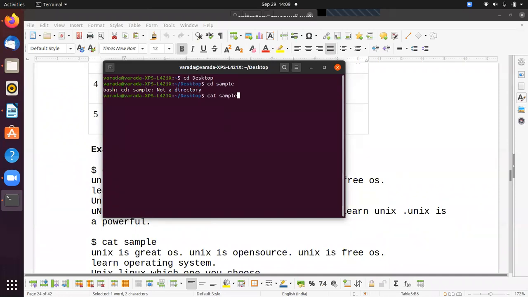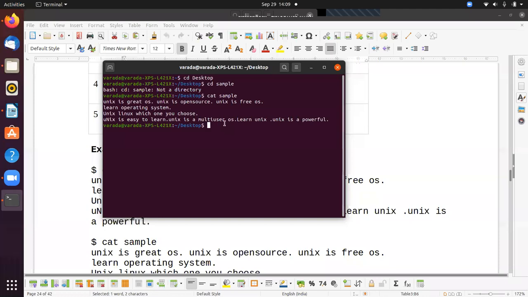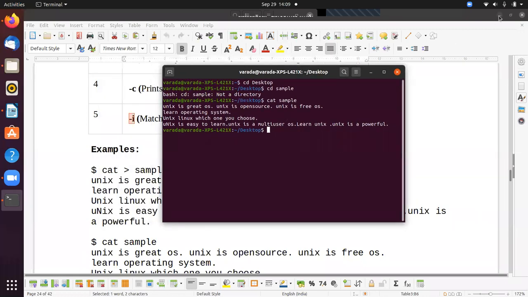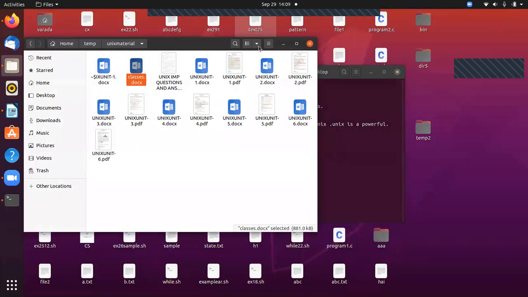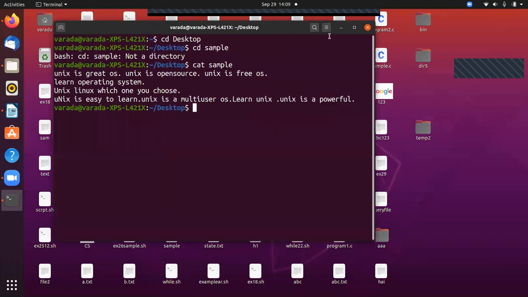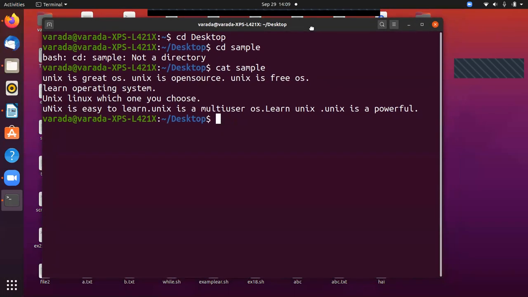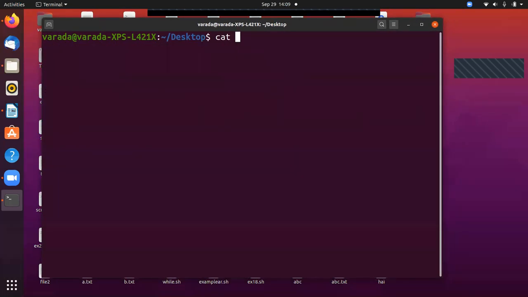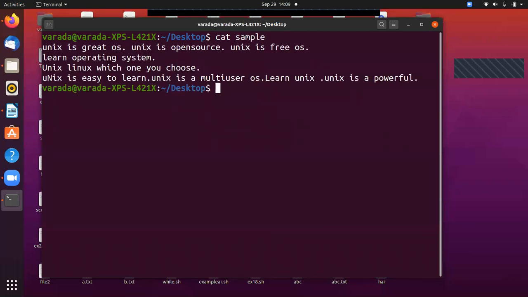cat sample. So this is the file we created in yesterday's class. Here we give grep, after that we give the pattern, and after that we can give the file name.